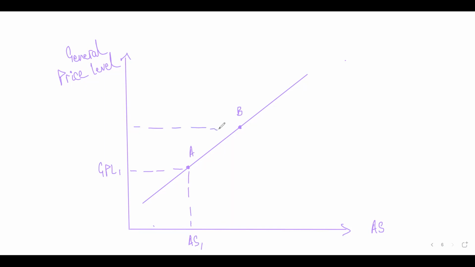Easy. Breathe. Is there any confusion so far? Anything that's not clear? Right. So when the general price level increases, your aggregate supply increases. So this shows a direct relationship. And why would producers want to produce more when the general price level is increasing? Because the product is becoming more profitable to produce, right? Okay, very nice. Perfect.